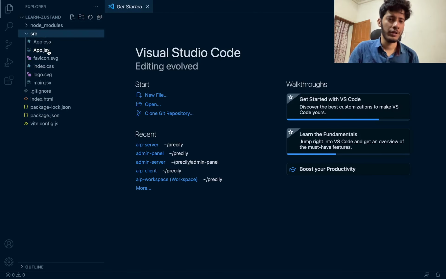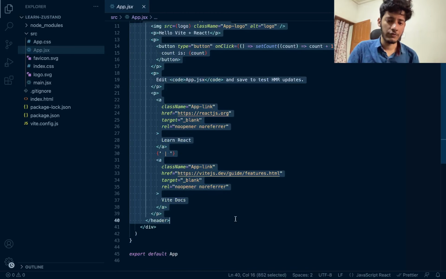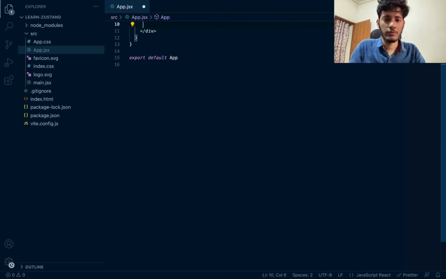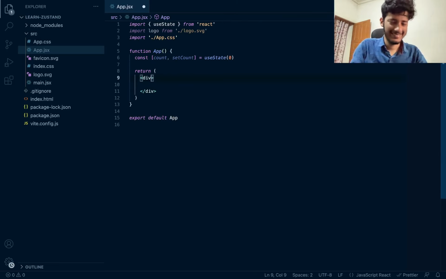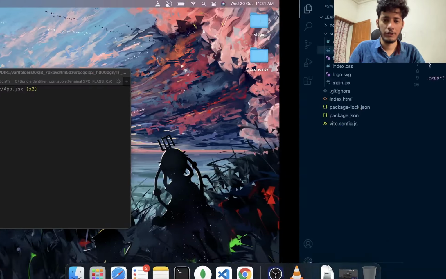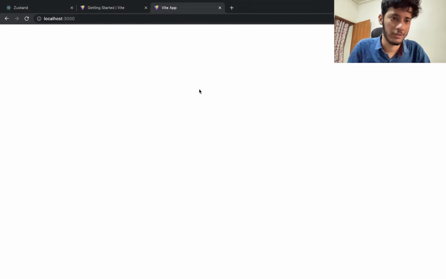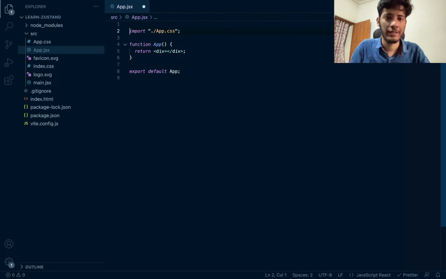The first thing we'll be doing is going to App.js and removing everything it has from before, so that the page becomes blank and we have a blank page to work with. So let's remove all of these. If I go to the page, you can see we now have a blank page. We can remove these two things as well, because we don't need them.